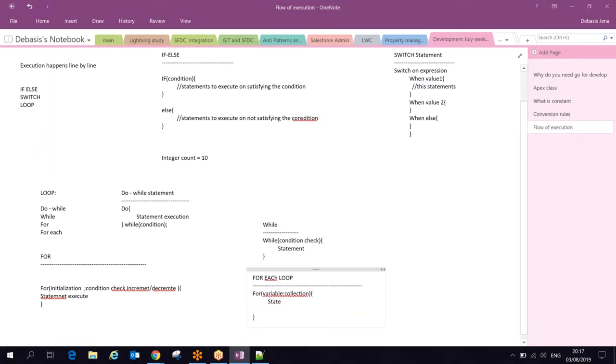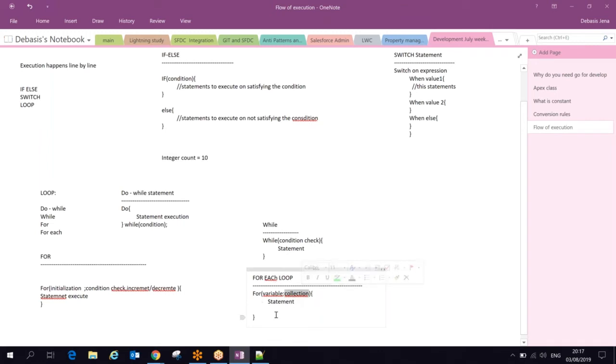So see, what is the collection? In this example, it's how many furnitures you have. That collection, take one by one element and process it. Take one furniture and keep in inventory. Till this collection is not empty, continue my execution.